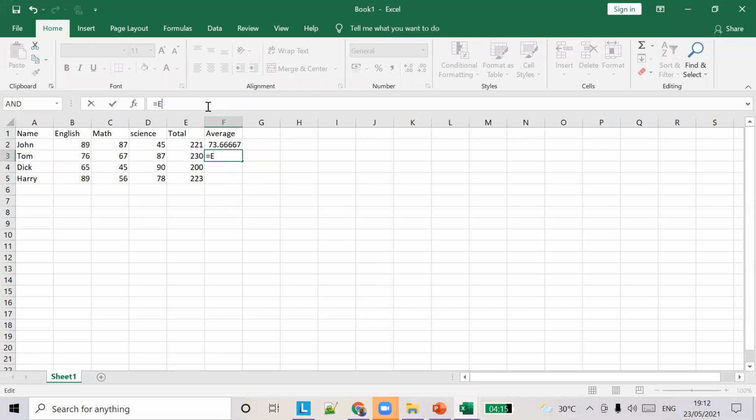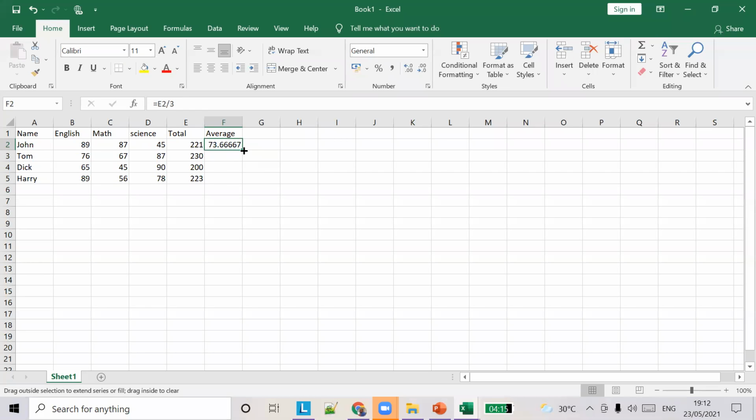Like this, right? So instead of doing that, what we can do is copy the formulas. All you have to do is select this particular cell where the formula is already applied, click on it and drag it down like this. Okay, so now you can see the formula copied to this.